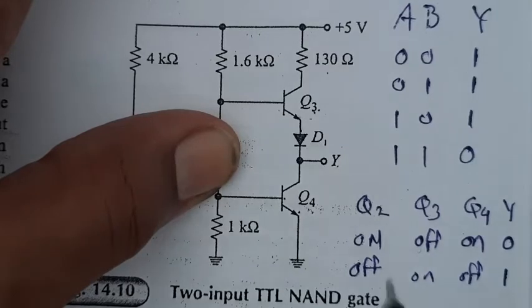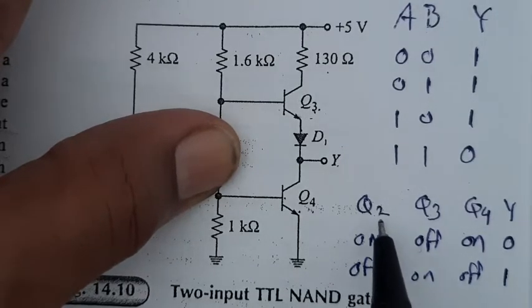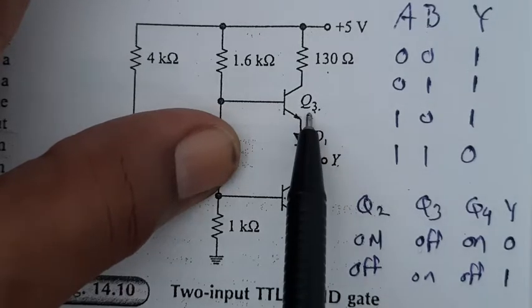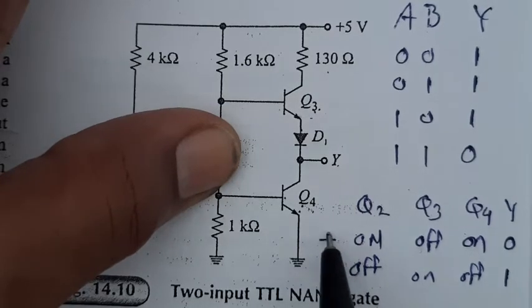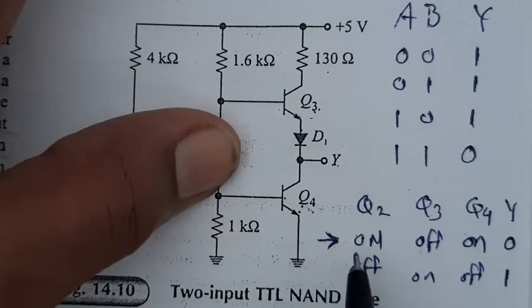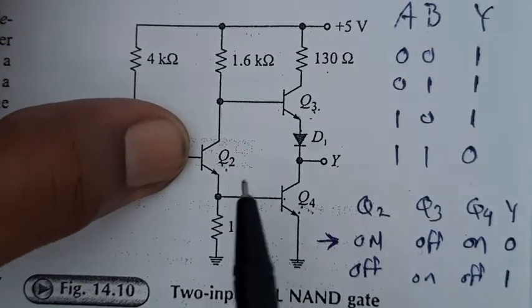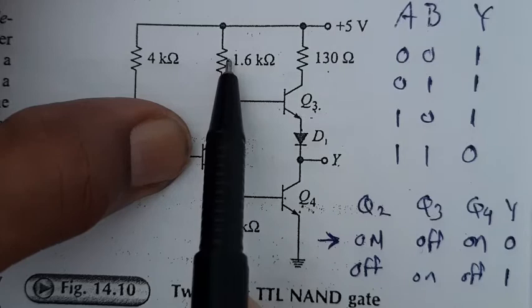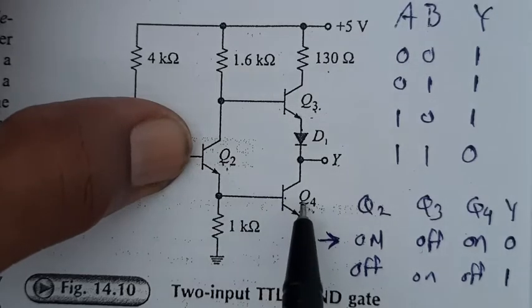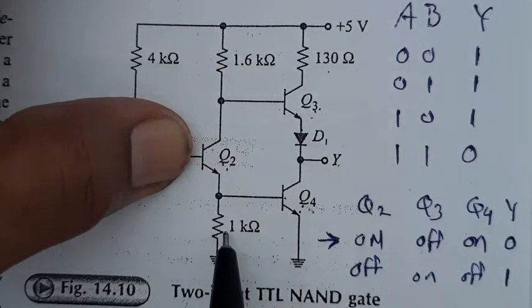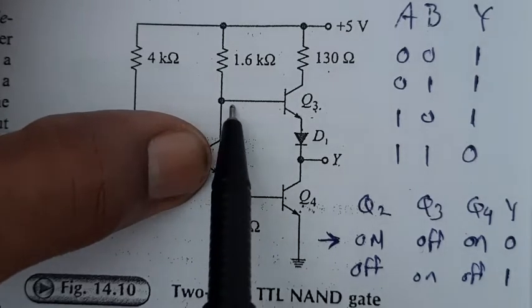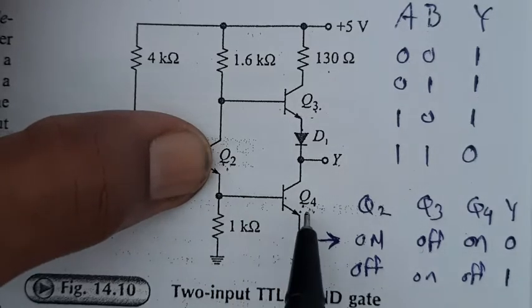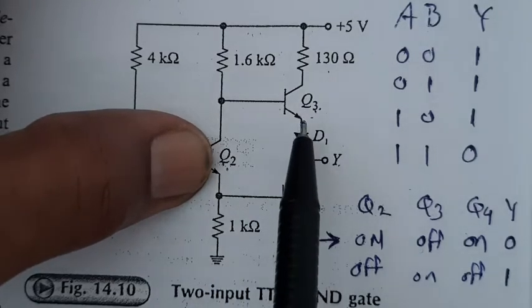Okay, this is the situation depending on the status of Q2, because Q2 has to decide whether Q3 is to be on or Q4 is to be on. Now we will have to think this state carefully. When Q2 is on, we apparently feel that why the current will make the transistor Q4 on, whereas Q3 will be pulled down. Because if it is on, both the bases of transistor Q3 and Q4 are almost at same potential. Therefore, why not Q4 is on and Q3 is also on?